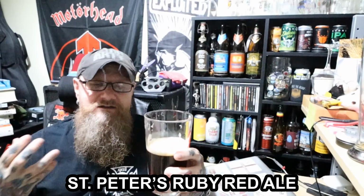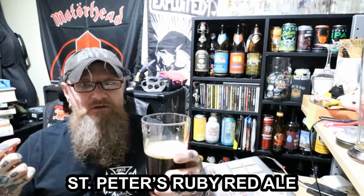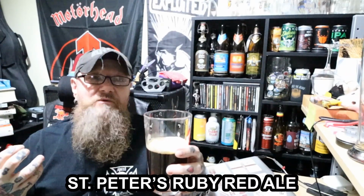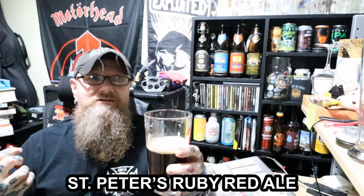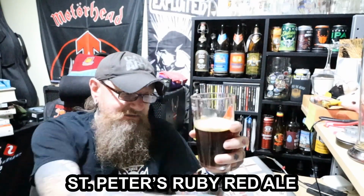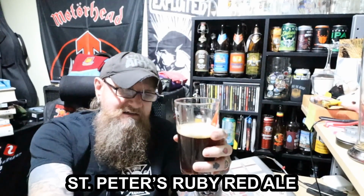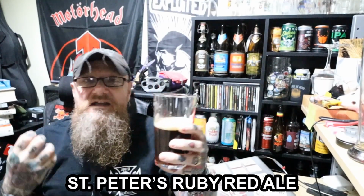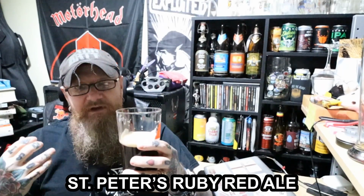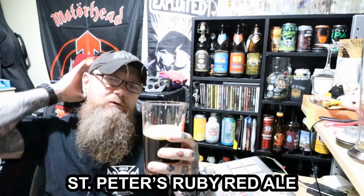As I was going to say, the body on it is reasonably good. I've got no complaints there. The brew sheet is, well, it's virtually non-existent on the website. I did look on St Peter's website, and all they make a big thing about, and I think they say it on the bottle as well, is that rye crystal malt, and that's what gives it this colour. And the crystal malt obviously gives it the sweetness that I'm tasting on the initial mouthful. But there's hops in here, and it must be all them other